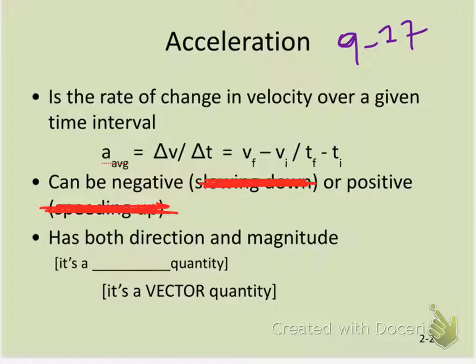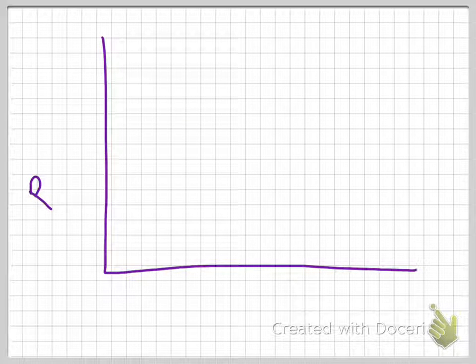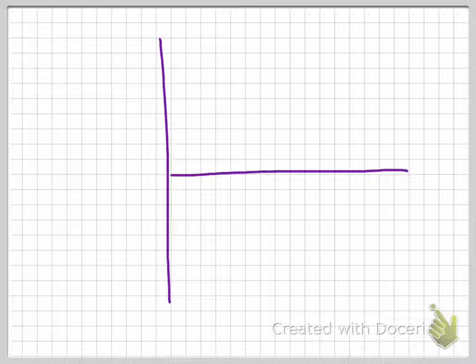So let's look at a few more graphs. Let's do this. Ooh, what did I just do to the y-axis? I allowed it to go negative. Huh. So if I'm looking at a position time graph, we said that